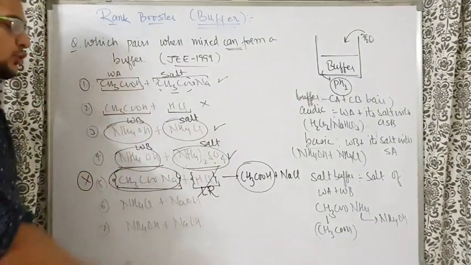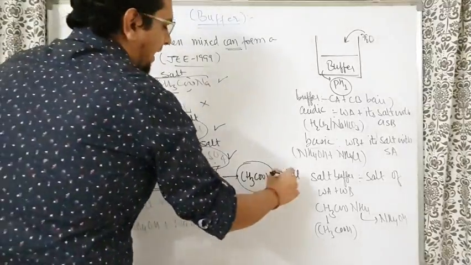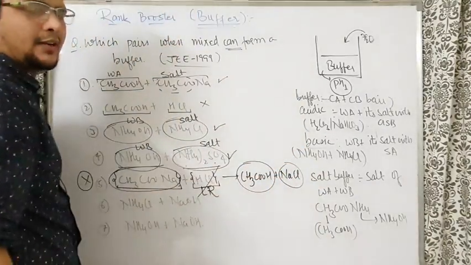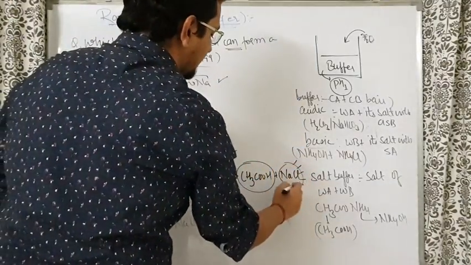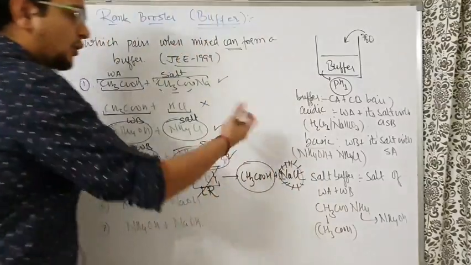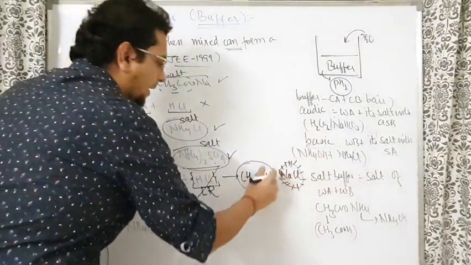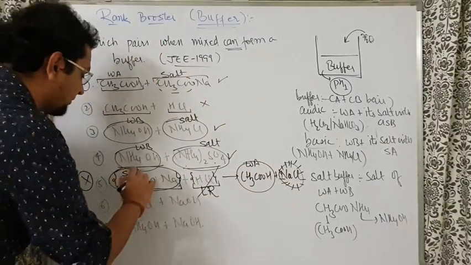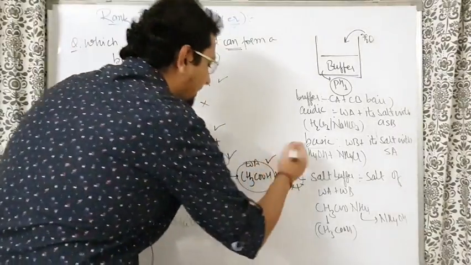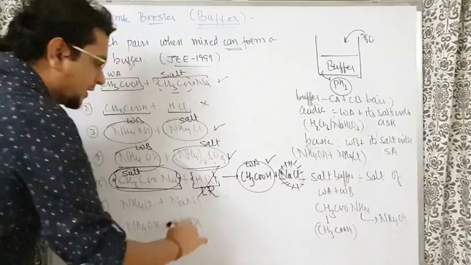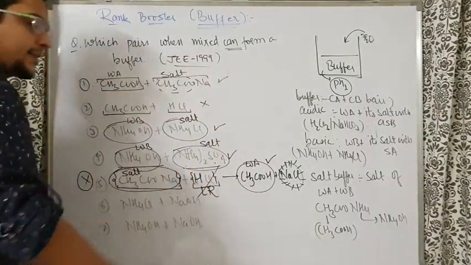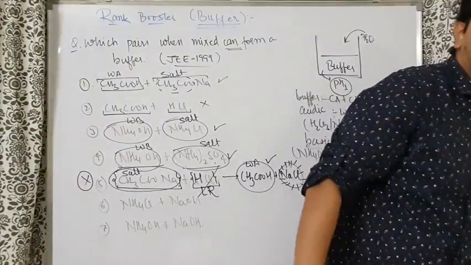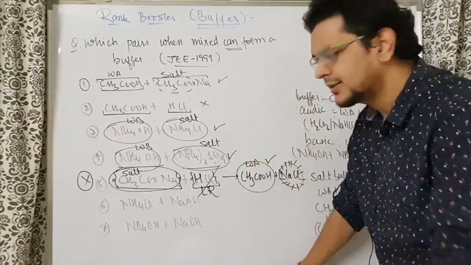So the final solution, अच्छा NaCl क्या है? NaCl is just a spectator here. He's just like the audience who has come to witness MS Dhoni and Virat Kohli. They are not going to play the game. They are spectator ions, so leave them. So we are having a weak acid and its salt. So understand, this finally can form a buffer, but the condition is that the HCl, the strong acid part, should be the limiting reagent so that by the end of reaction it gets completely consumed.